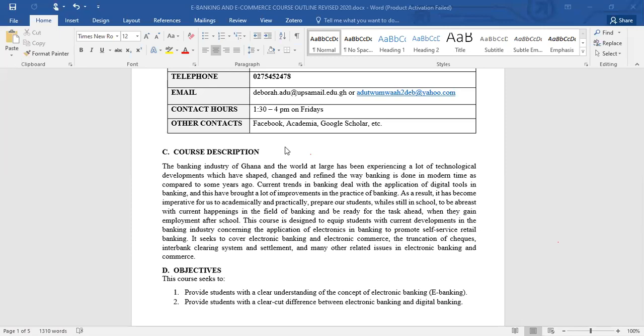So, in the current world, where we have a lot of technological developments happening, electronic commerce is the order of the day. If you are into trading and you are not into electronic commerce, then it means that, hey, my